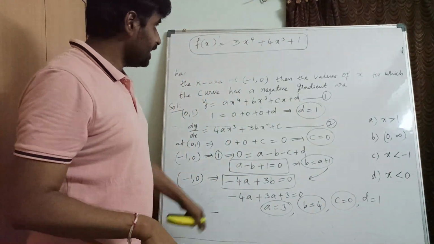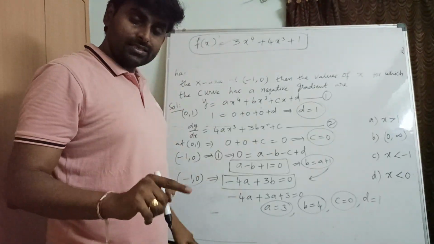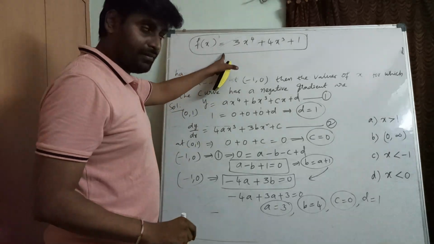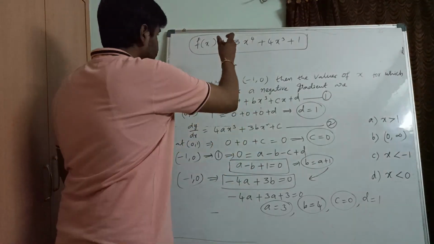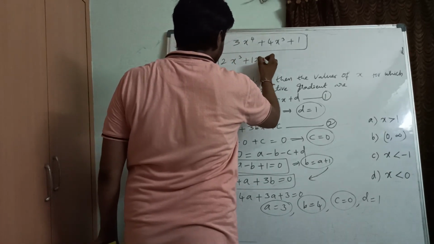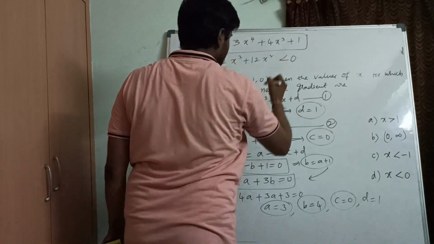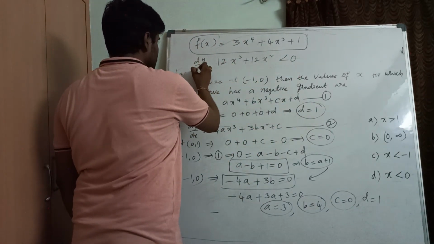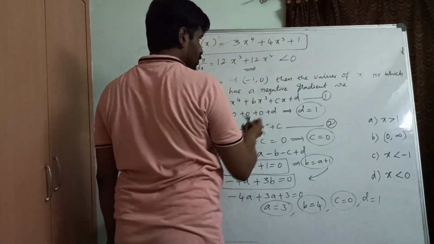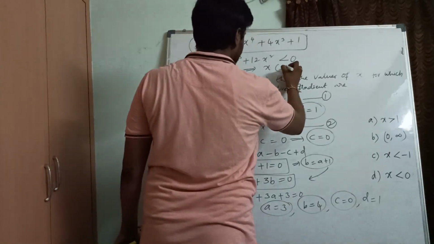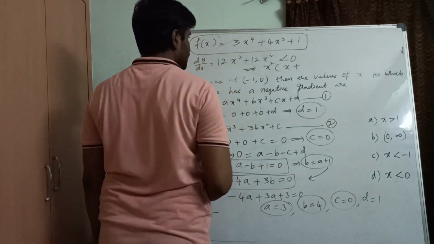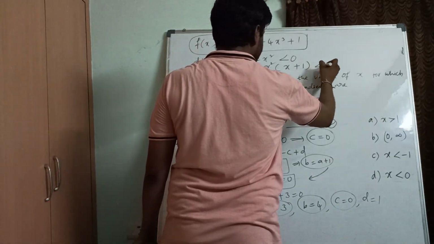So now we are going to check where this curve has negative gradient, negative slope, means dy by dx should be less than 0. Derivate it less than 0. Okay, derivate it. So what will you get? 12x cube. So 12x square less than 0. Where this dy by dx less than 0, where this slope less than 0, we'll see now. So by taking 12 common, cancel. So finally if I take x square common here, x square into x plus 1 less than 0.